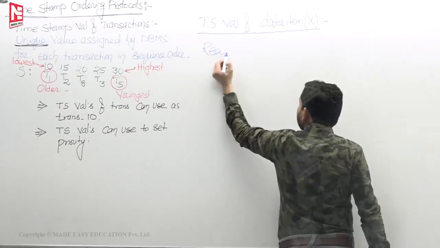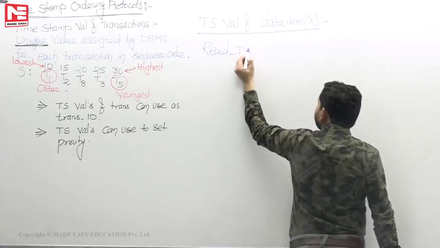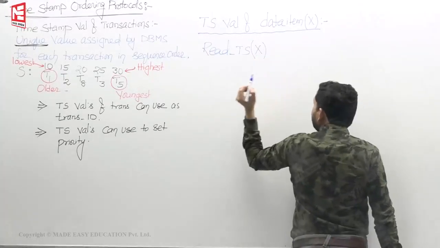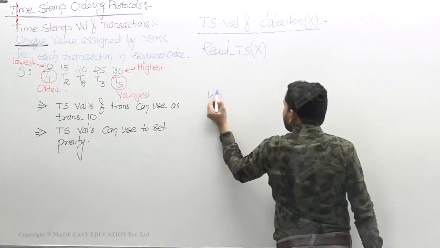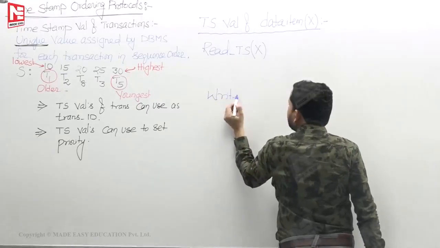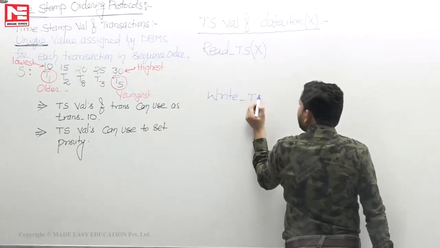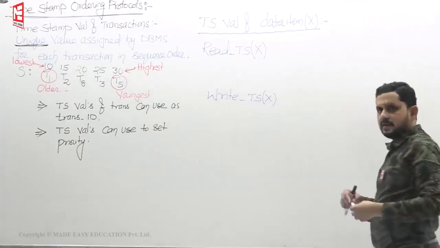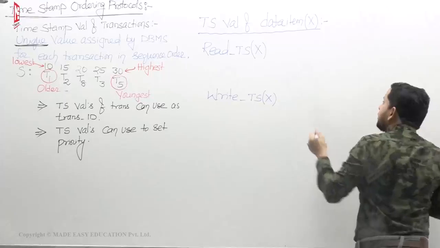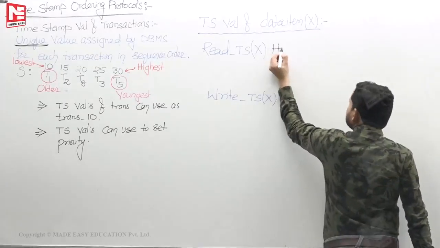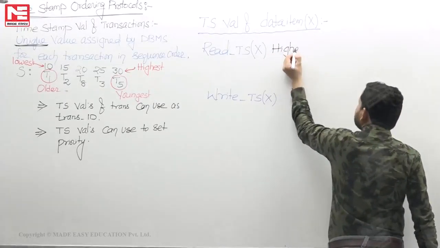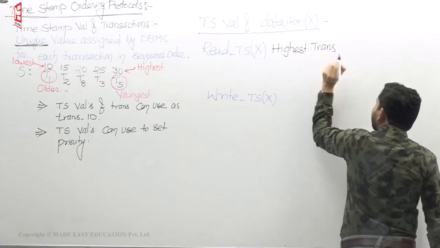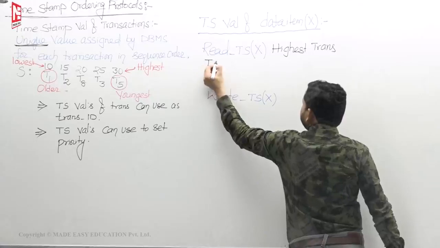One is the read timestamp value of the data item, and the other is the write timestamp value of the data item. The read timestamp value of a data item is the highest transaction timestamp value